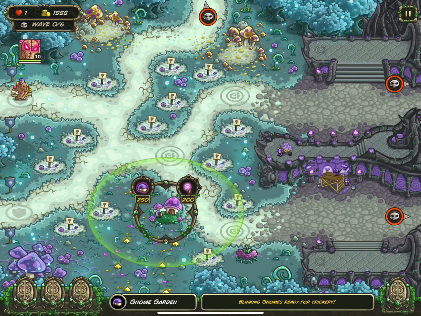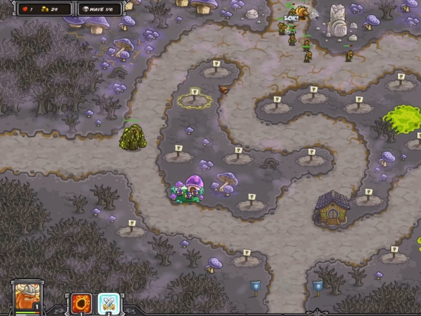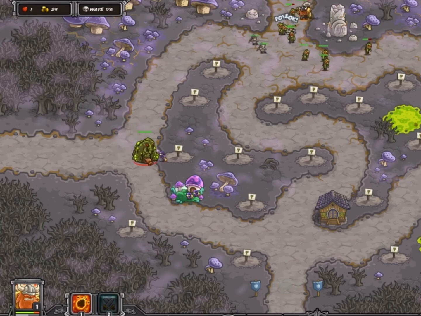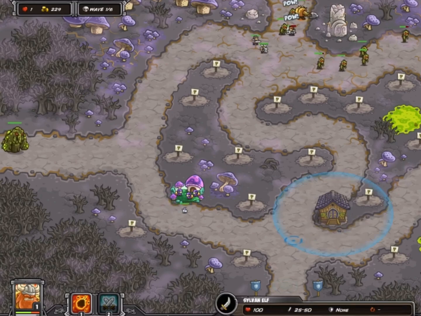The Gnome Garden occupies one of the worst tower spots in all of secondary tower history, but being towards the front of the map has some benefits, particularly for a tower that works the way the Gnome Garden does. To begin, this tower has a single gnome who can attack every 5 seconds. When it's able to attack, it will teleport to the furthest enemy along the path within its range and cast